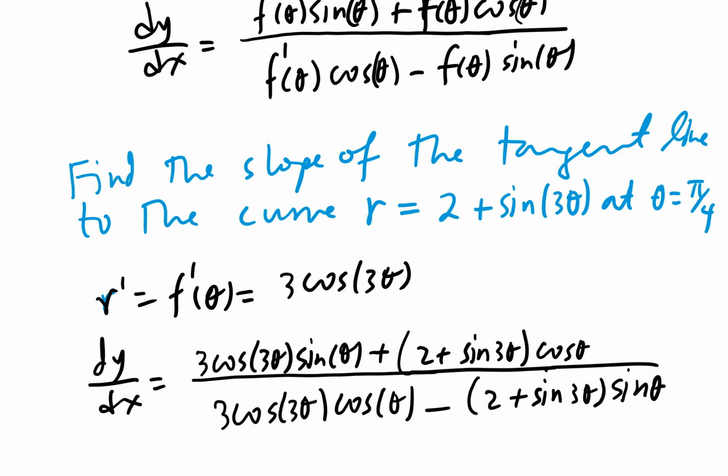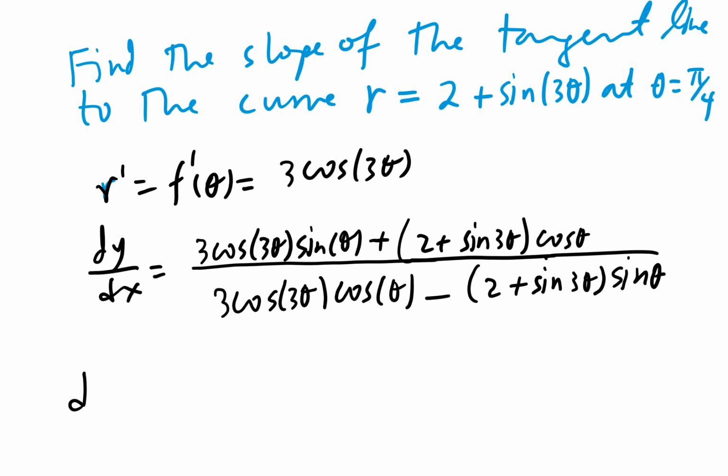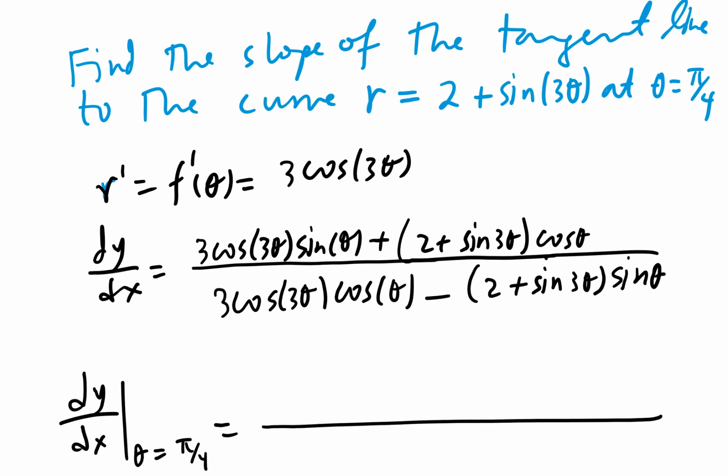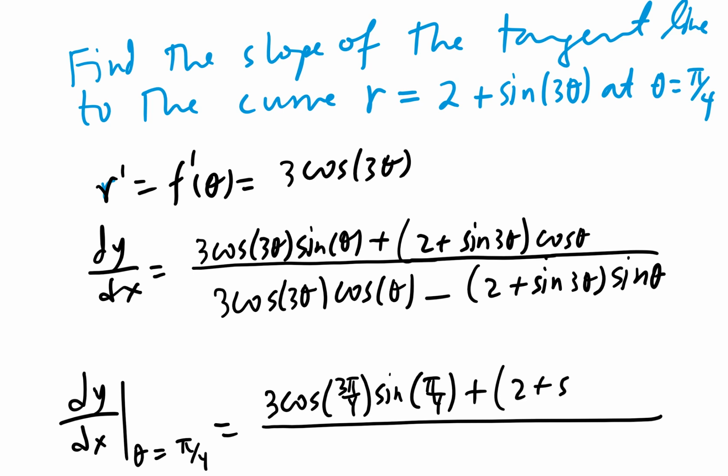At pi over 4, we just substitute pi over 4 for theta. So you get 3 cosine 3 pi over 4 sine pi over 4, plus 2 plus sine 3 pi over 4 cosine pi over 4,